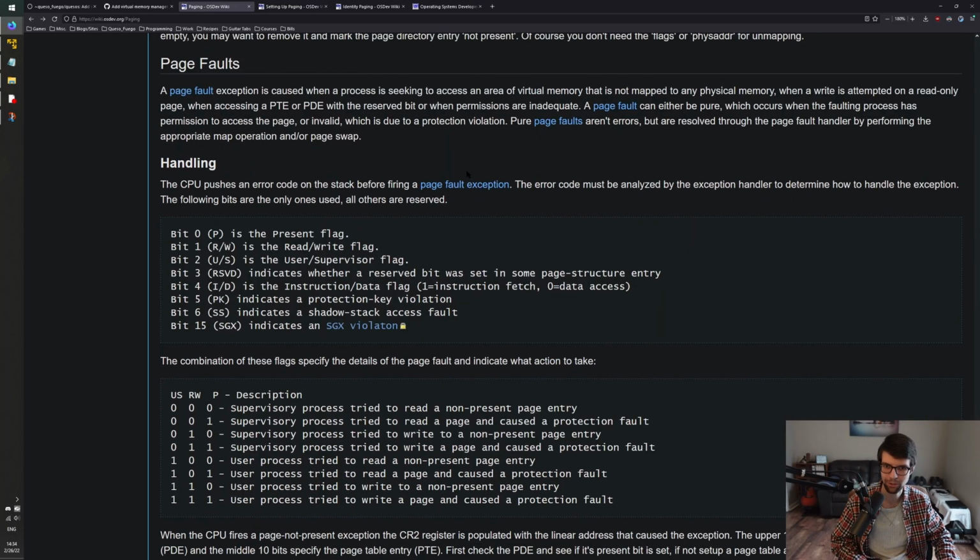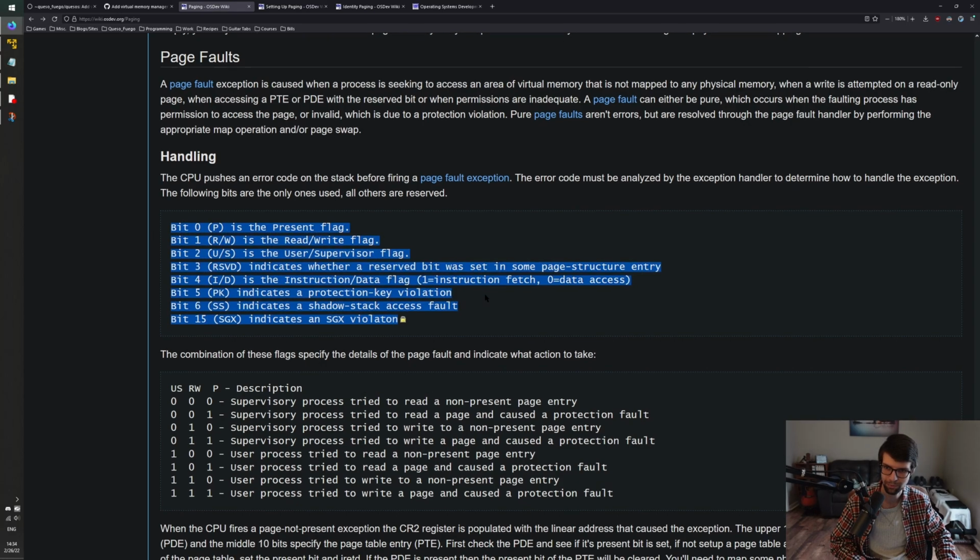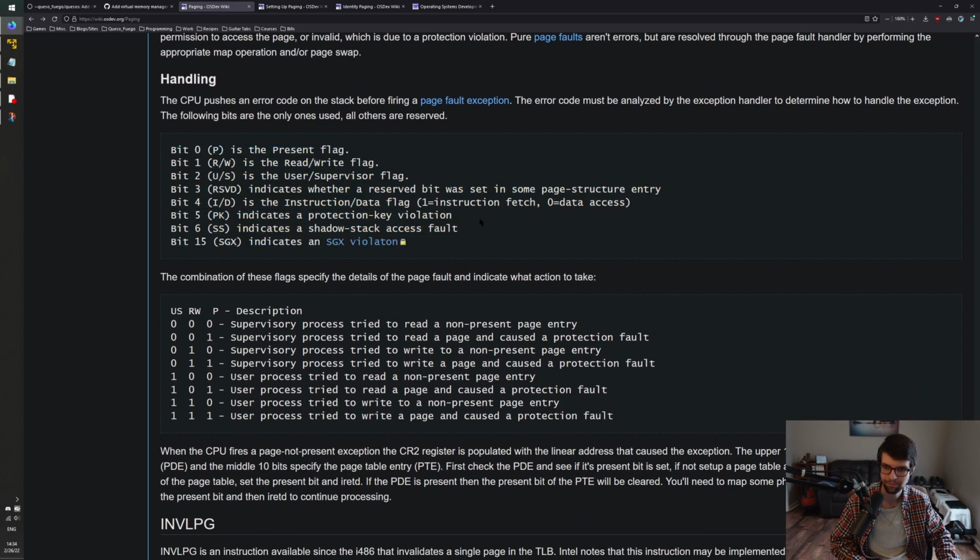So, I will make a small basic page fault exception handler. I'm really just going to print to the screen what the address is and what the error code is. So I'll go in and map in the pages later when I'm sure it's working, right? I just want to make sure it works first, and we aren't generating page faults by the end of this video. But if you do get one, the error code on the stack will be two bytes,